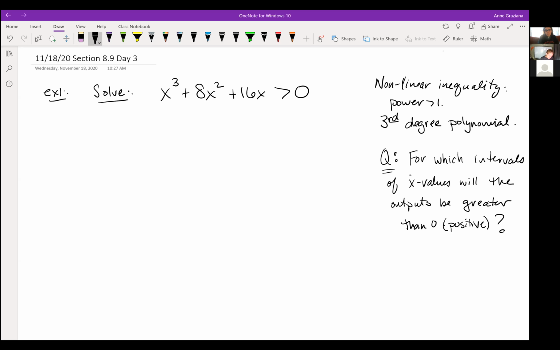So this is what I'm going to be looking for. That's the question I want to answer. And it's already in the form that we need it, so we don't have to do any work at the beginning. Okay, so I'm going to write this as a function because